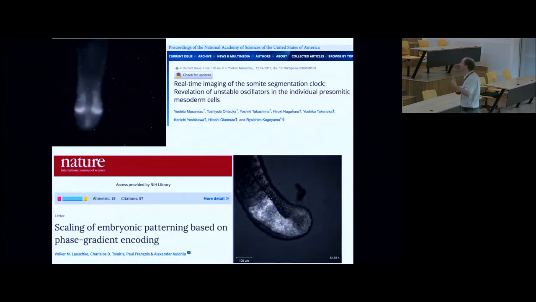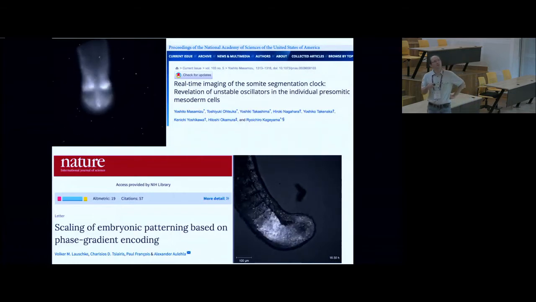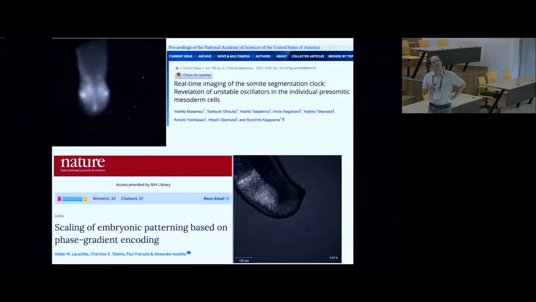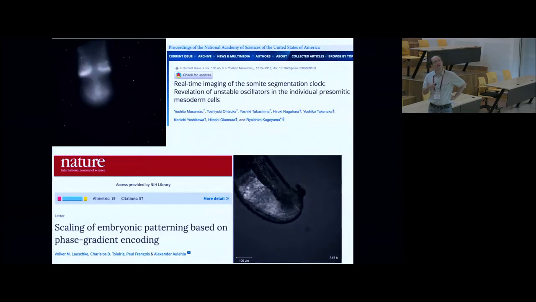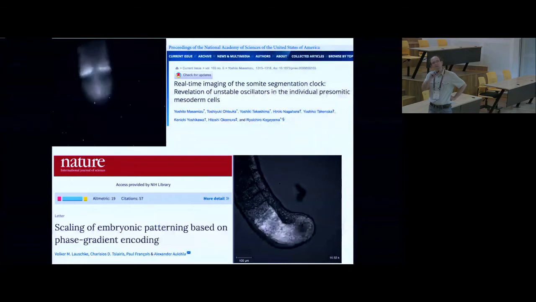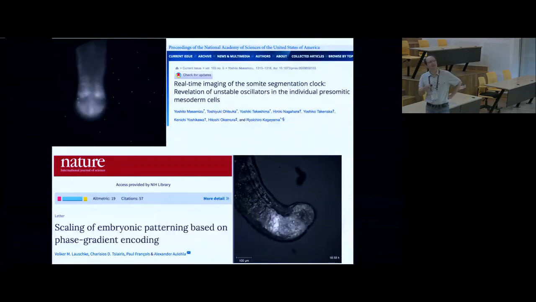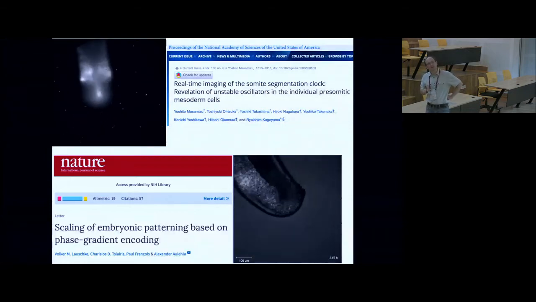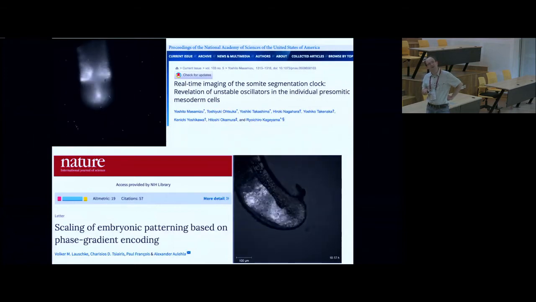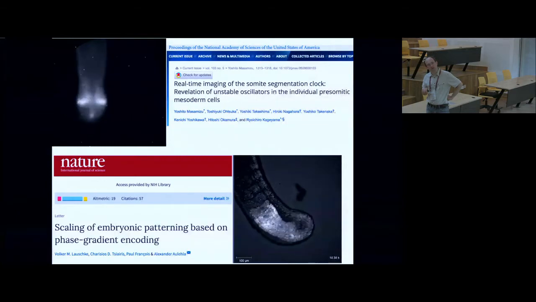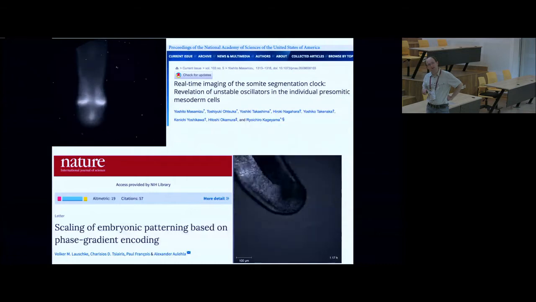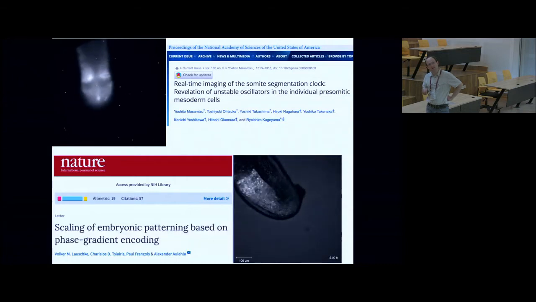And what they did is that they reported for some genes, and you see this beautiful oscillation in the tailbud, and you have this kind of wave. The wave propagates along the presomitic mesoderm and somehow stabilizes or does something. We don't quite know what they do at this stage. They do something in the anterior. This one is probably a bit better. It came later on. So you have growth of the embryo, and you have a wave propagating.